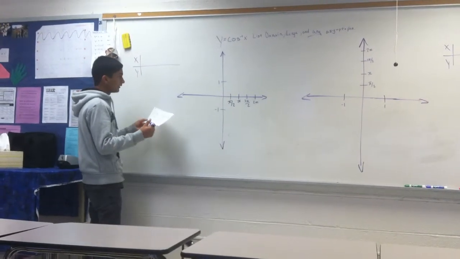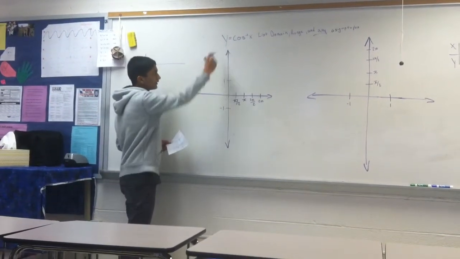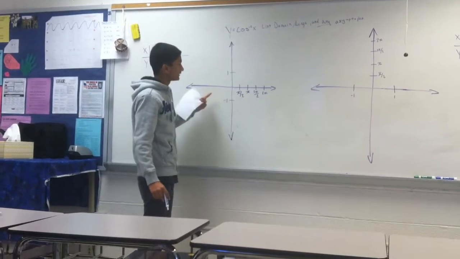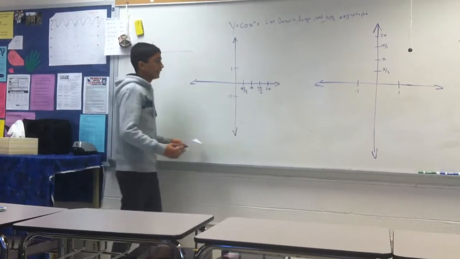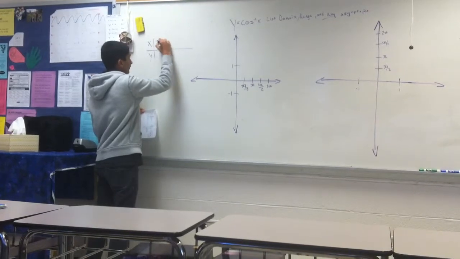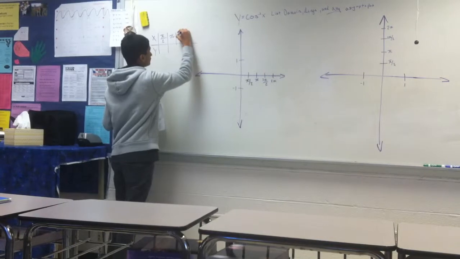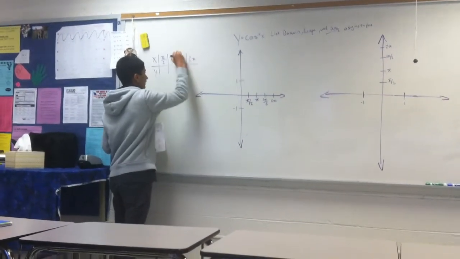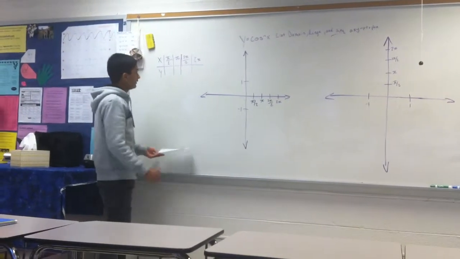And so the amplitude would be 1, and the period would be just 2 pi, because 2 pi divided by 1 is 2 pi. So you first do the x and y table. And then you plug it in, and when you plug it in, you get